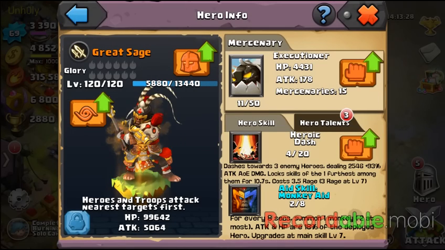For every 8 seconds, summon one monkey. 2 at most. Attack and HP are 18% of the deployed hero. Upgrades at main skill level 7. Okay? So we saw that. We saw he can only have 2 clones at a time, and they appear every 8 seconds. But the key point to this is his attack and health points are only 18% of the hero you have